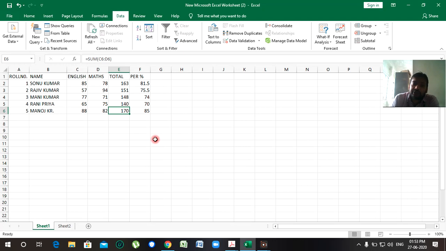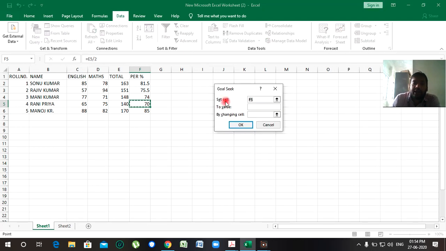Now see here, once again I am going to apply this on the percentage. Suppose this 70% has become, and if you want to make this 80%, then what changes should be done here? Same process: click on Data, click on What-If Analysis, and click on Goal Seek.